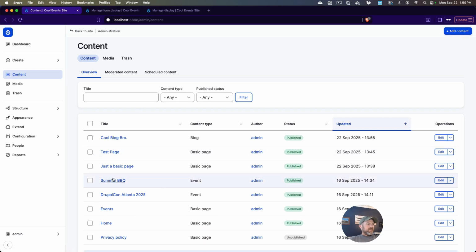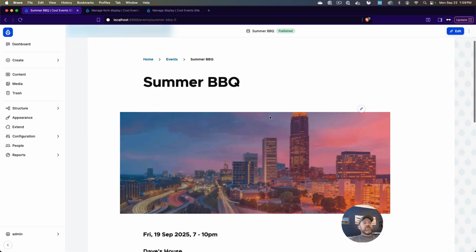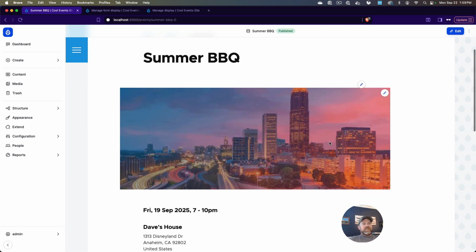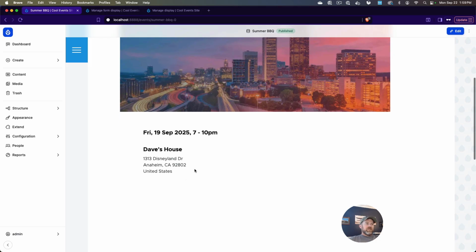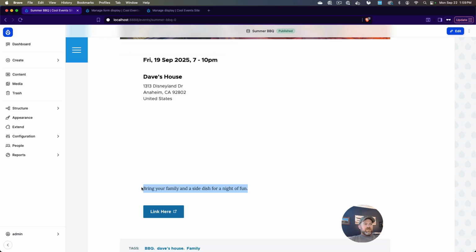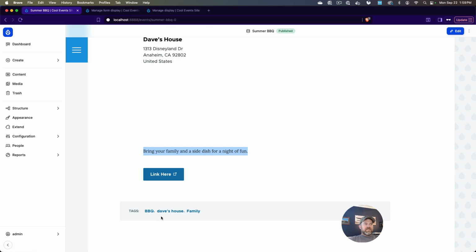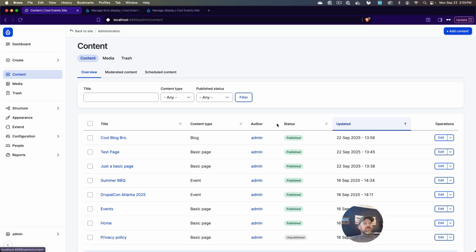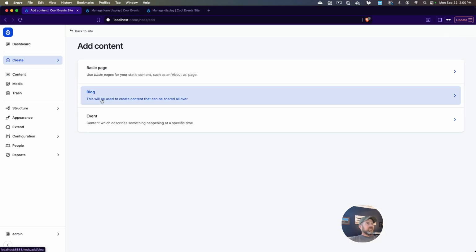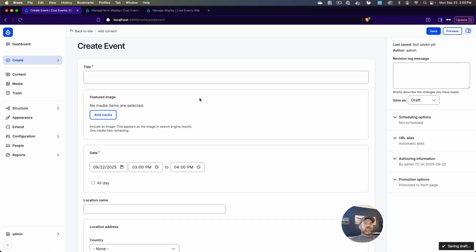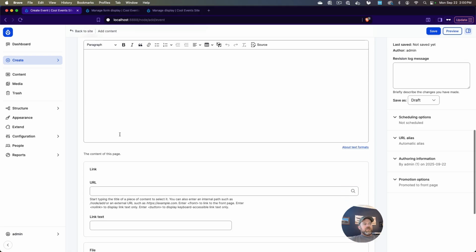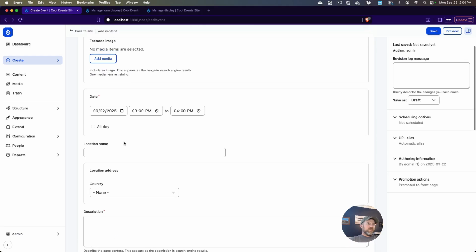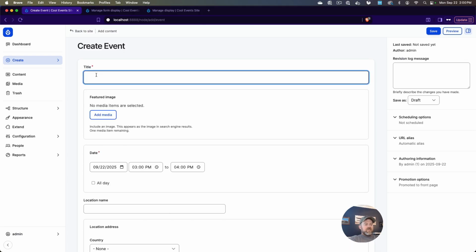If I want to look at an event, it has a title, it has a picture, a date, a location, there's a description field, there's a link, this has tags. So if you wanted to create events, you don't have to worry about the layout. All you have to do when you add content is you click on add content and event. All of the fields are there for you. You don't have to do any HTML, no coding, or anything. You can just